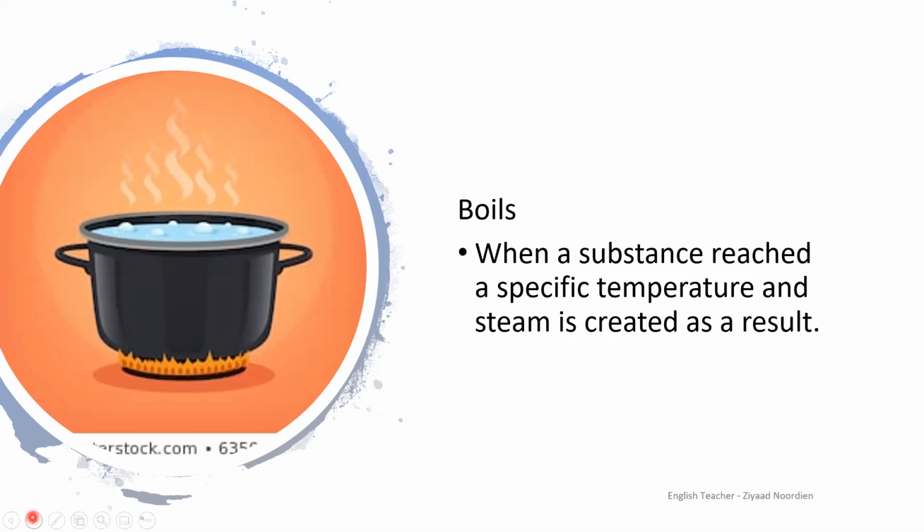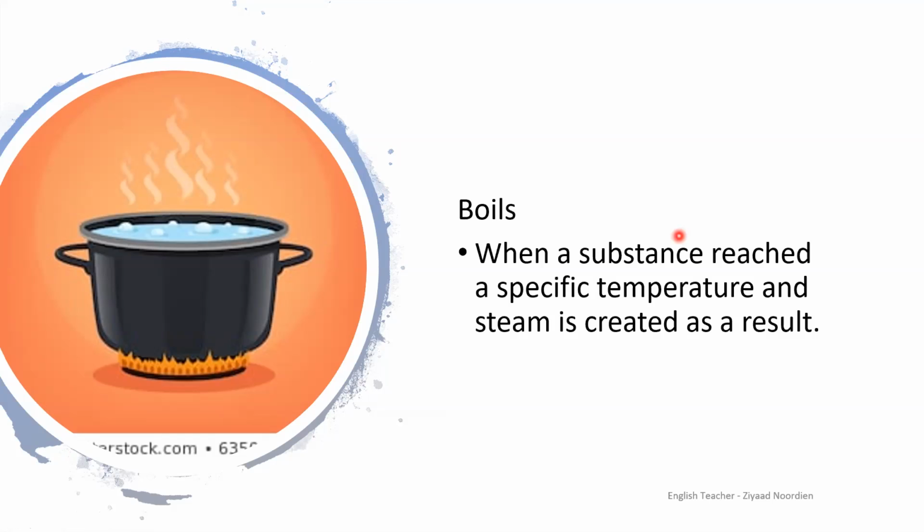So in baking or in cooking, we usually use something like boiling. We need to boil the potatoes in order to make some potato salad, or we need to boil the pasta or the rice. So boiling is a method in cooking that is used, and it's basically when the water or the specific substance you are boiling reaches a temperature. So those are our high frequency words, and how I can use the word boils in a sentence. When I want to make a cup of coffee, I boil the kettle. I boil the water in the kettle. So that is how I use the word boils in a sentence.